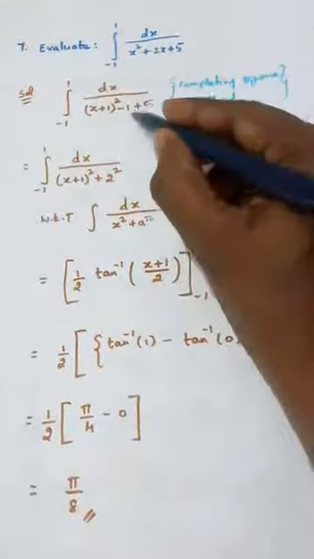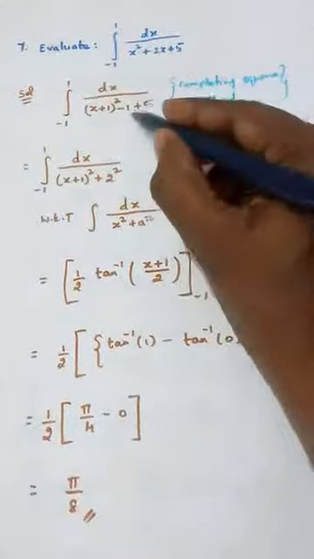So this is of this format, but in place of x we are having x plus 1. Applying the formula, what will come? A is 2, so 1 by 2 tan inverse, in place of x we are having x plus 1, so x plus 1 by the value of a, which is 2. But if in x's place we have some other term, we should differentiate it once again. X plus 1 differentiation is 1, so I need not write anything in the division. No extra term will come, because when we differentiate x plus 1, only 1 comes as the answer. Suppose 2x is here, then 2 will come, and that should be added in the denominator.